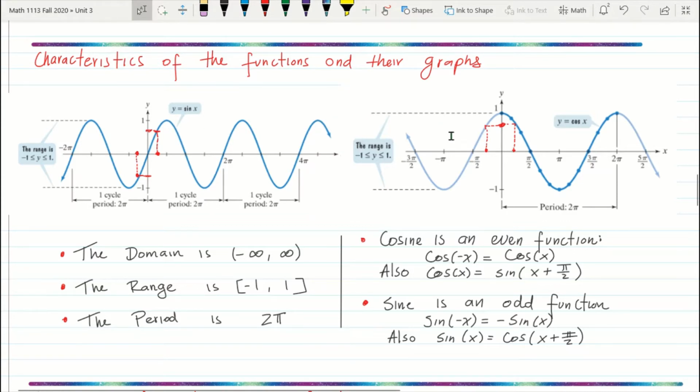Cool. We notice the period is 2 pi for both, right? And what that means is that it's the length, or I guess, yeah, you can call it the length, or the values of x that it takes for it to go one full cycle, or once around the whole unit circle, right? So that's why in the graph that I did, I only graphed one cycle. So it was this,